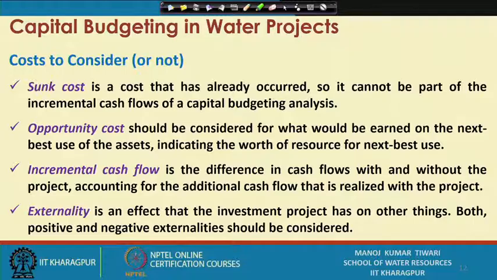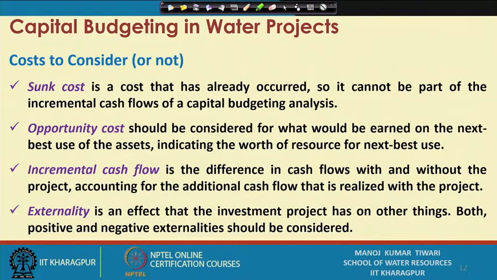So, that has already occurred. So, it cannot be a part of the incremental cash flow of a capital budgeting analysis. For example, if you are setting up a water treatment plant, and you have an existing building which you want to convert into your office or labs or for those purposes, that is already existing. So, that has already occurred, and that will come under the sunk cost. So, when it is sunk cost, it cannot be considered in an incremental cash flow because it has already